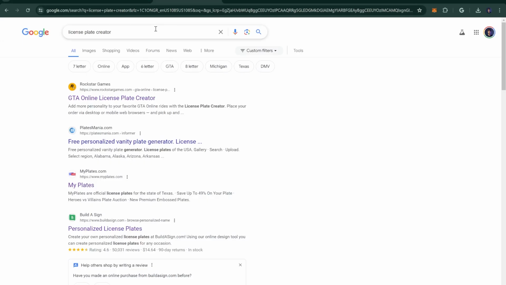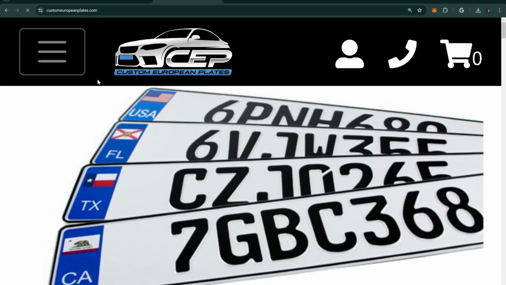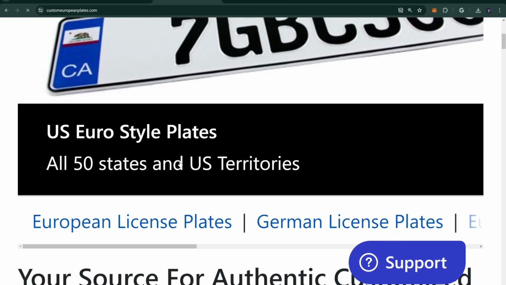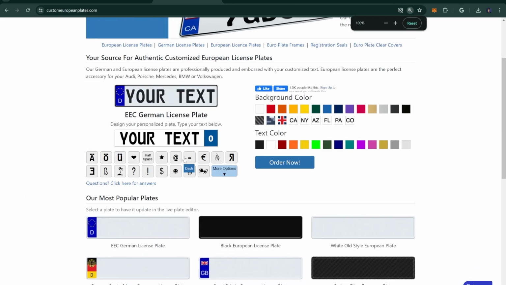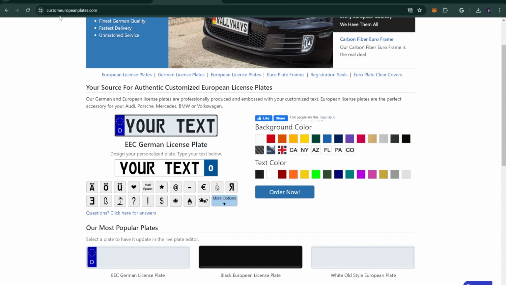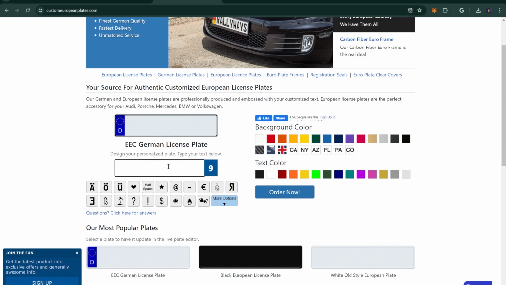we can use one of the European license plates, because European license plates are generally longer. So yeah, it's zoomed in for some reason. Okay, so this website, for example, right here, custom European plates. You can just enter your text. So I'm just gonna do